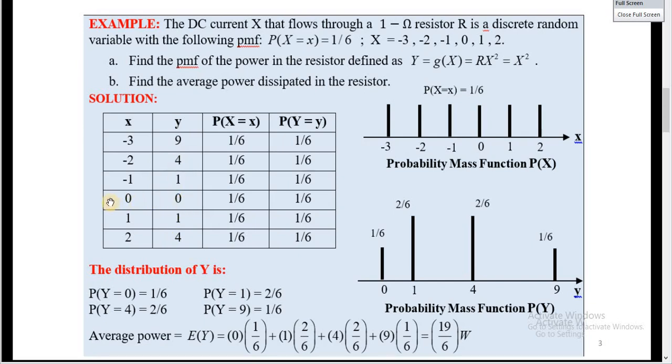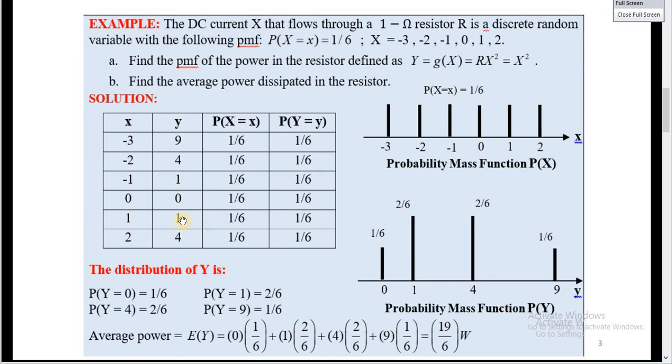So y takes on the value 0 only if x takes the value 0. So the probability that y equals 0 is the same as the probability that x equals 0, and this equals 1 over 6. The probability that y equals